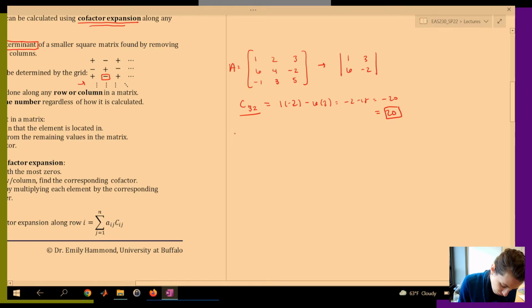Let's say I want to do cofactor 2,1. That means I remove row 2 and I remove column 1. My remaining values are going to be 2, 3, 3, 5, and keep them in the same orientation. So my determinant is going to be 2 times 5 minus 3 times 3, or 10 minus 9, which is